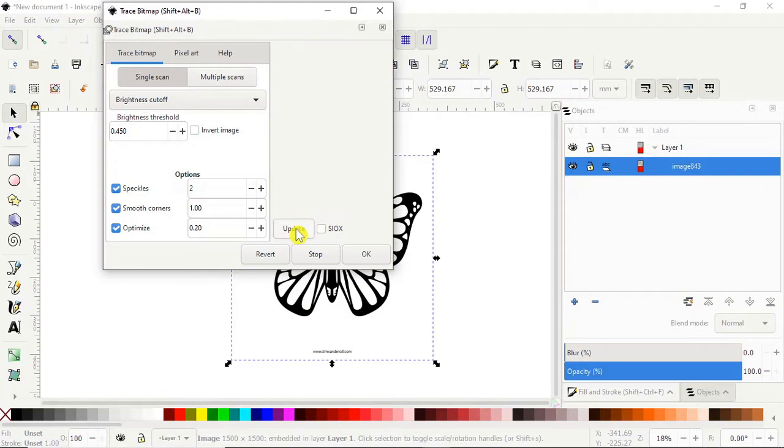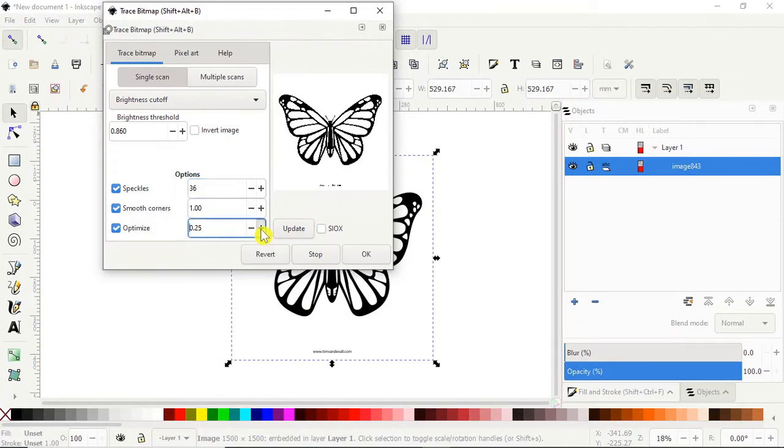Then we click here on update. Then we can make an adjustment on the brightness threshold, and then we click update and we can set it to wherever we think we are satisfied with the detail, and we'll up the